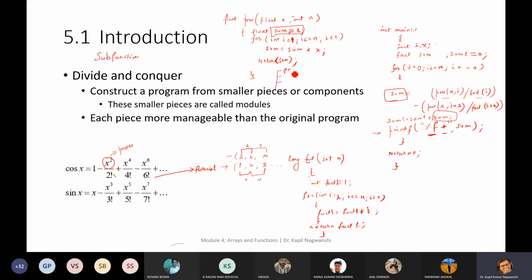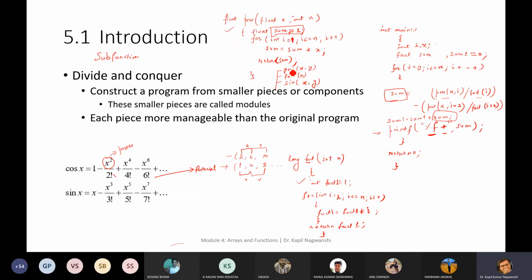One is power, x to the power y, another is factorial of n, and sine series for x and y or xn. So these are the components, these are known components. Here this example also shows using power and factorial functions.